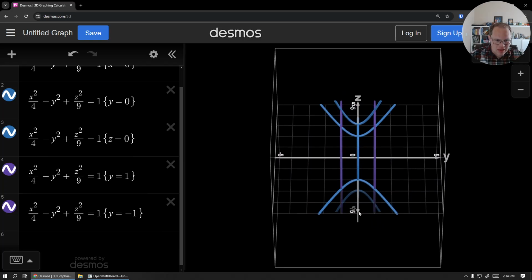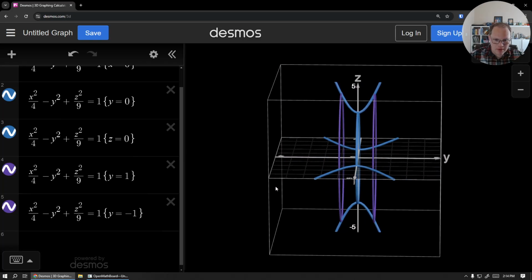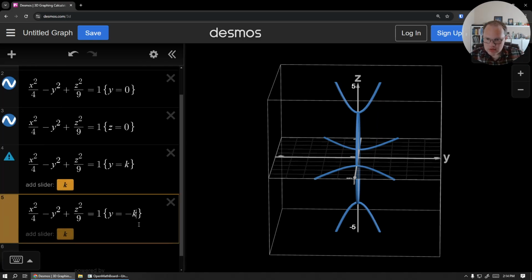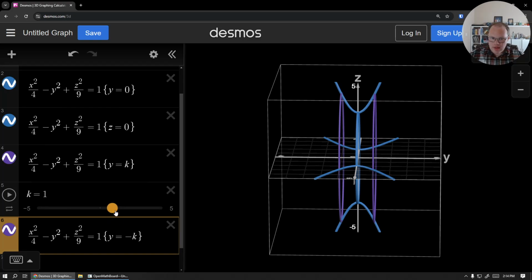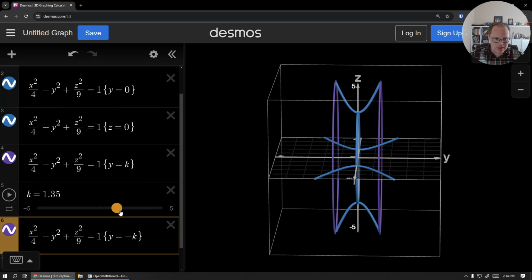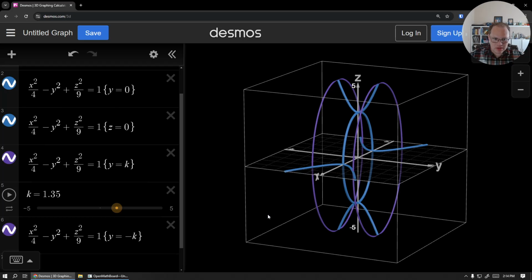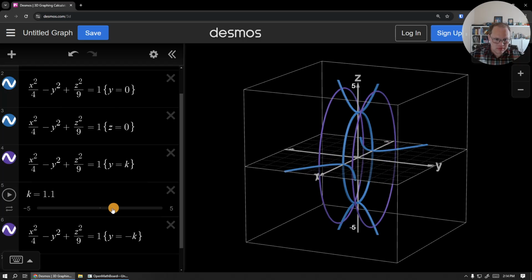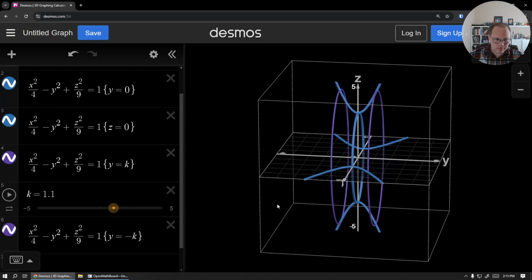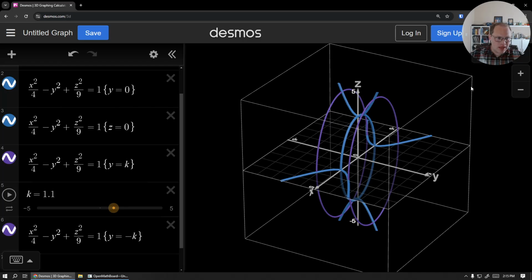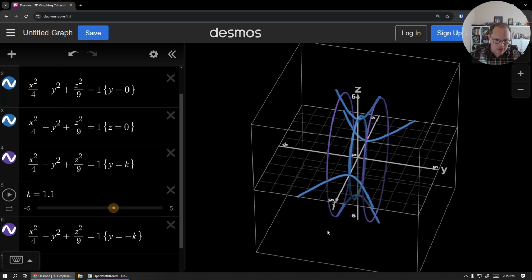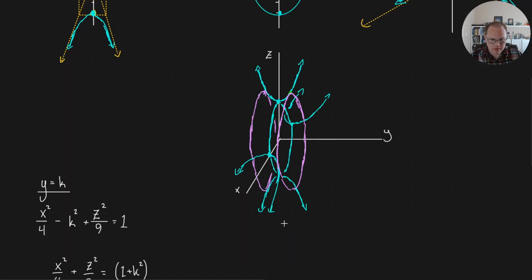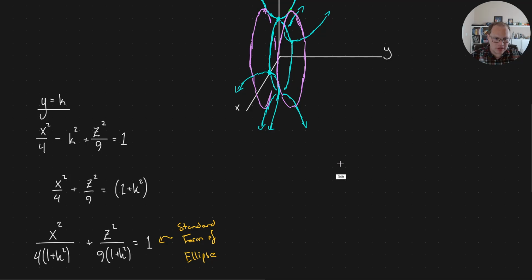So you see, as the y gets bigger, I get bigger and bigger ellipses. In fact, let's set it to k. So you could see that as that k increases, those ellipses just get bigger and bigger. All right. So hopefully you can kind of see what's going on now. We are going to get, let me sketch it out here. When I put it all together,